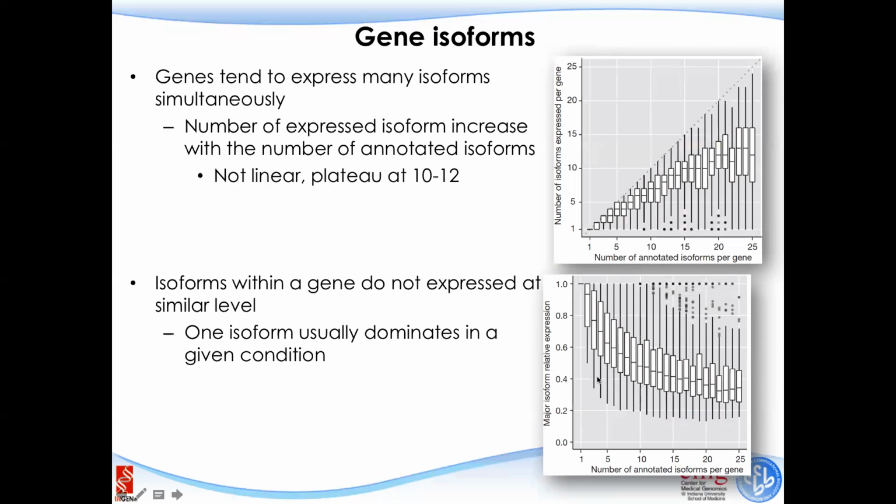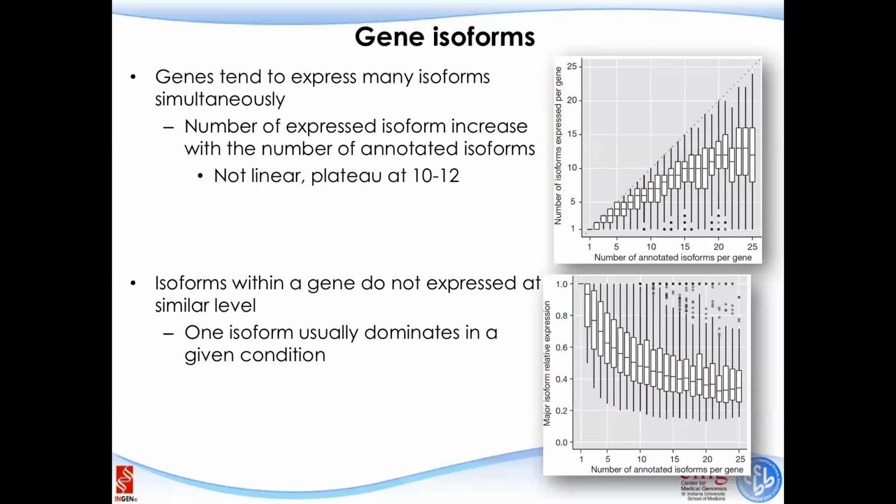So you can see for this one, with just one isoform, definitely it's 100% of this isoform. But with two, you can see that the median value of the isoform with the highest abundance is around more than 90%. And for the genes with around 25 alternative splicing isoforms, you can see the isoform with the highest abundance is around 40% in each cell on median value. So this figure tells us that